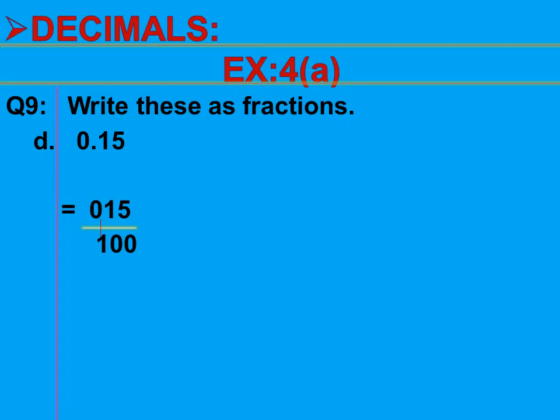After counting the digits after the decimal point, we will just put zeros. Okay, here we have 2 digits, that is 1 and 5. So simply we will put 2 zeros. Here in this part we have 100 in the denominator. And at the end we will write our fraction as 15 divided by 100.